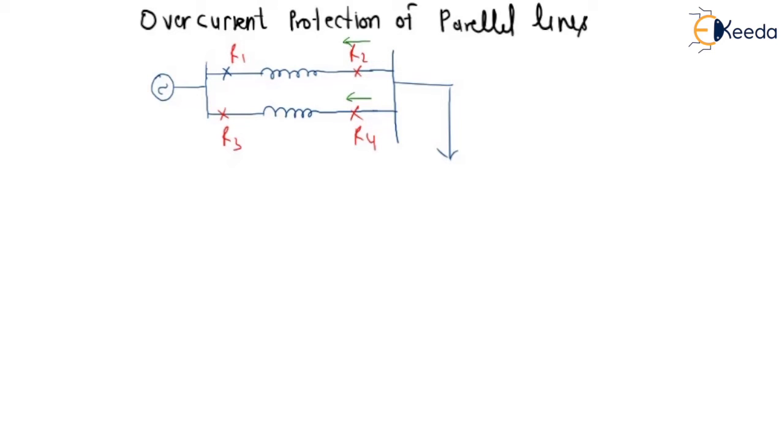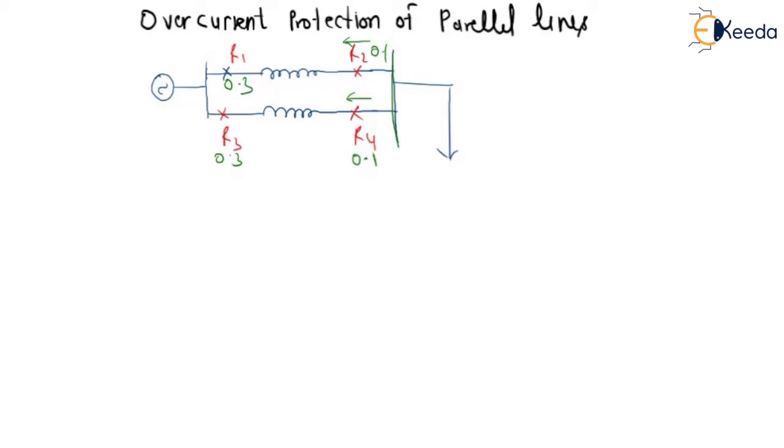In case of parallel lines, whatever the relay will be at the load, that would be a directional relay, and the direction of the relay should be outwards. So if this is the bus and this is the load, the direction is outwards, meaning like this direction. If we choose the time multiplier setting, this will be 0.1, this will be 0.1, and this will be 0.3, and this will be the same 0.3. So this is the time multiplier setting.